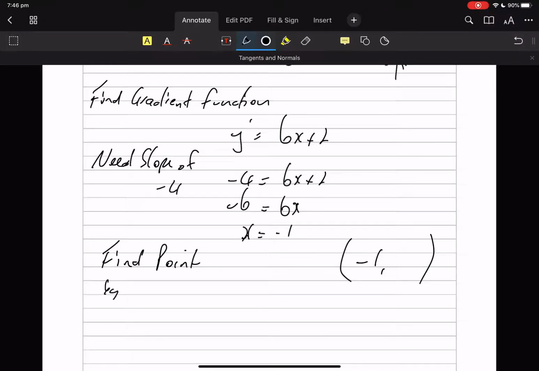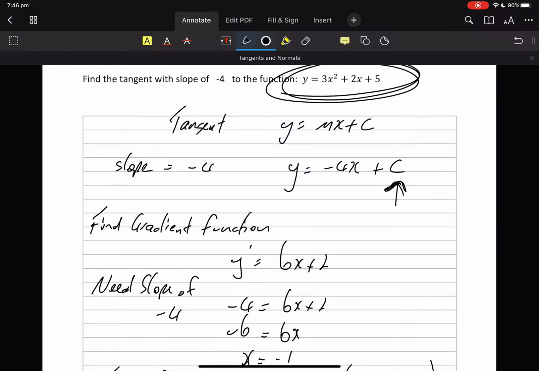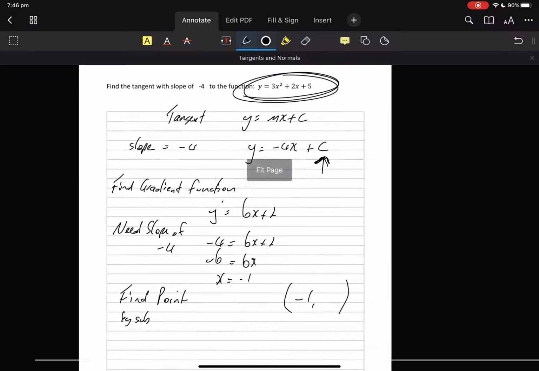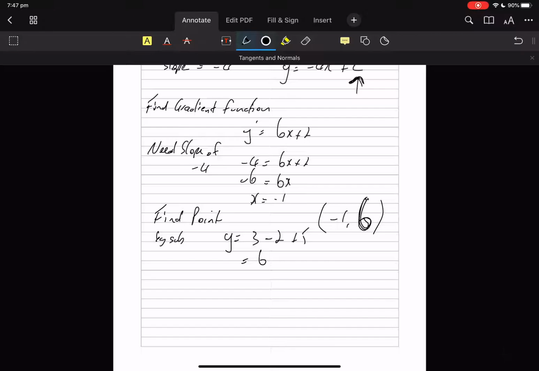So by substitution, we're going to put it back into this thing here. So we know where the slope is minus 4 on the x, but we don't know the y. So y equals 3 times minus 1 squared is 3, and then minus 2, and then plus 5. 3 minus 2 is 1, 1 plus 5 is 6. So there's our point. Minus 1, 6 lies on the tangent,